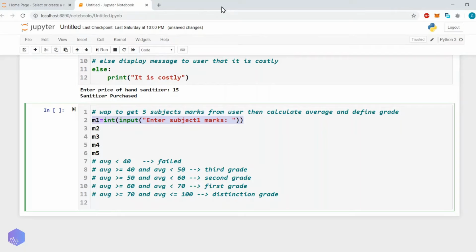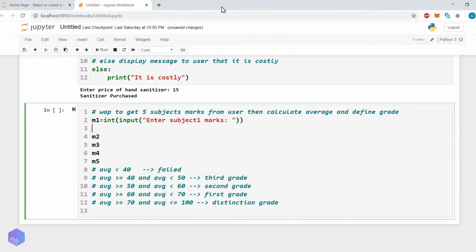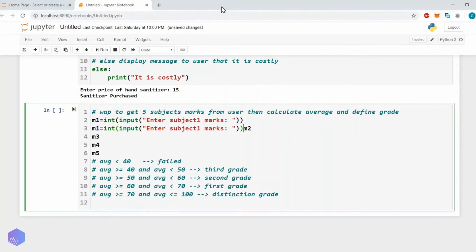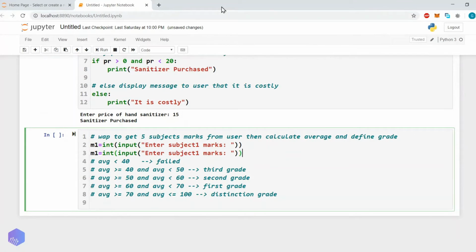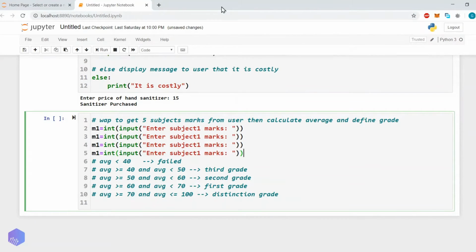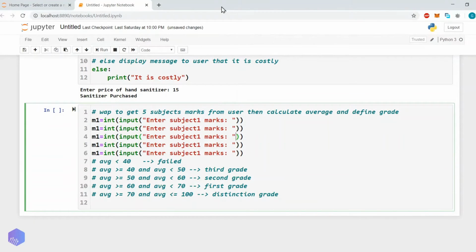So similarly we will get marks for 5 subject. Subject 2, subject 3, subject 4, subject 5, and here subject 2, subject 3, subject 4 and subject 5.